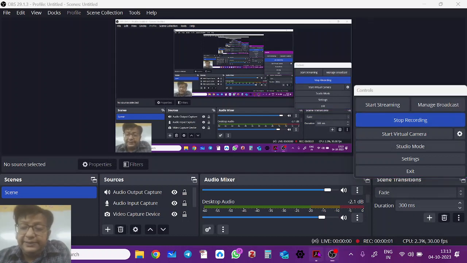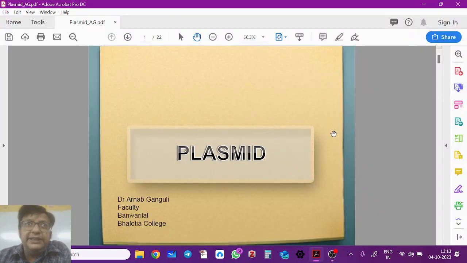First slide. ওটার সেকেন্ডটাতে যাও, সেকেন্ড স্লাইড।